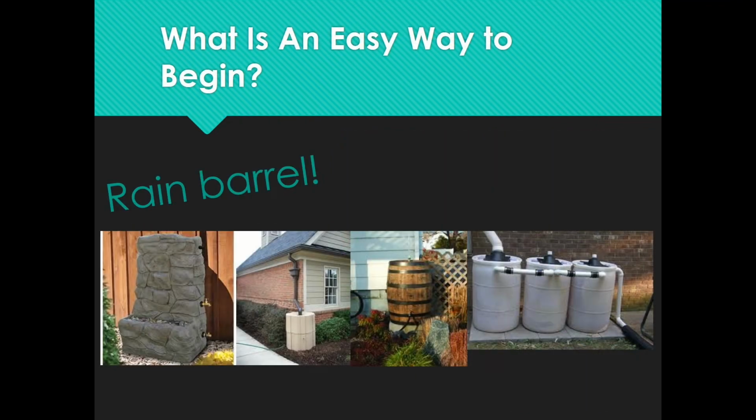Rain barrels are an easy and inexpensive way to get your feet wet with rainwater harvesting before diving into a more extensive system. There are many different types of rain barrels. They can be store-bought to look more like natural features around the home, or something as simple as a trash can or 55-gallon drum that can be converted into a rain barrel with the purchase of a converter kit from